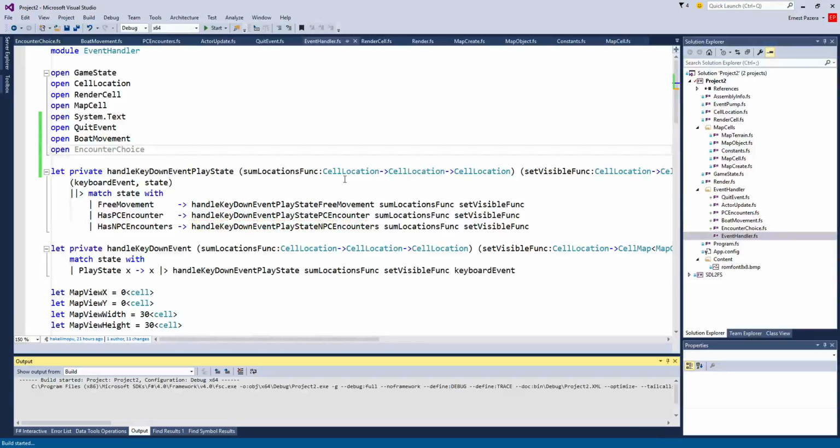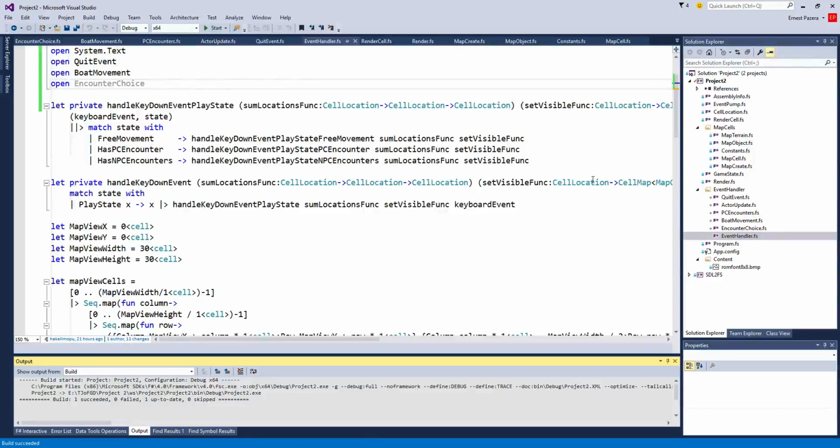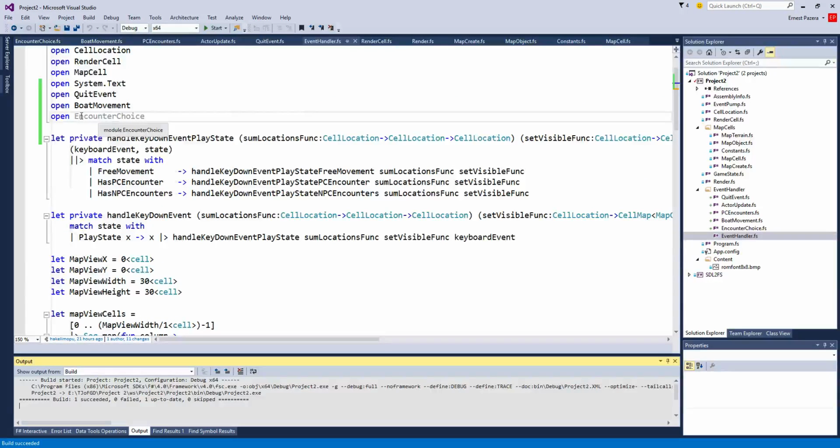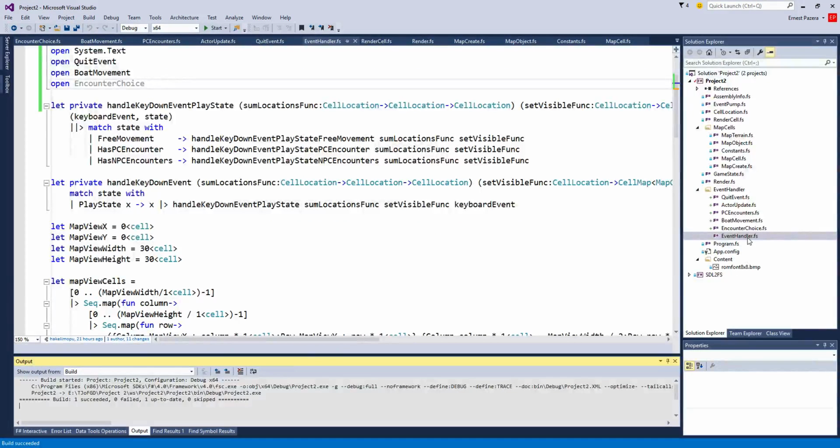Try it again, and now we should be successful. These are great. I don't think my power tools is working as well as they should. And then finally,